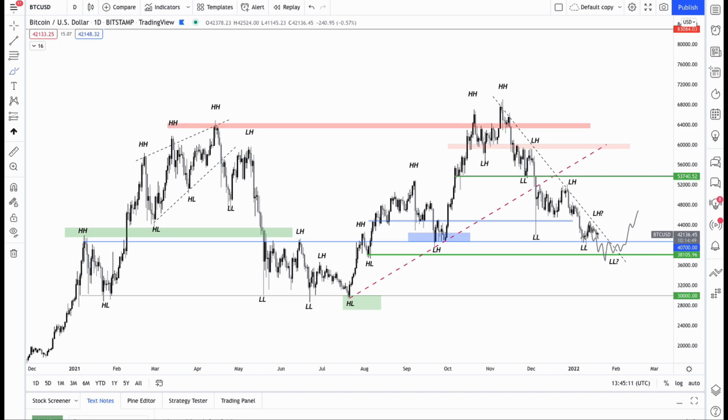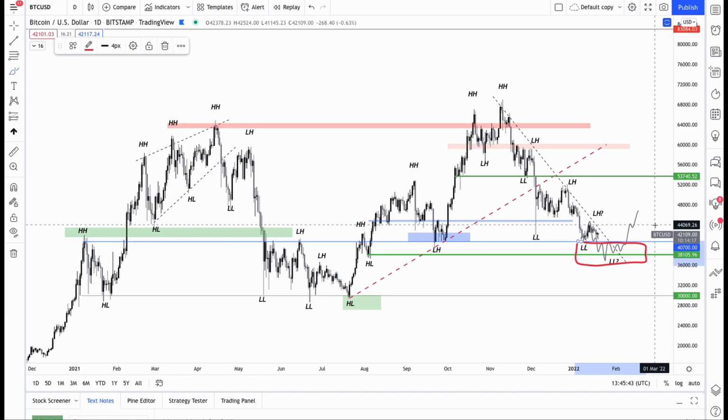But my anticipation of how this is going to play out is basically there's a higher chance of us still tapping that 38K support. And honestly, to be honest, from a broader perspective, from a macro perspective, anywhere from 40.7K down to 37.8K to 37.5K is a strong buy opportunity for me, at least. This is not financial advice, but personally, I have my eyes on this region, and I would be very, very interested in placing huge buy orders in those